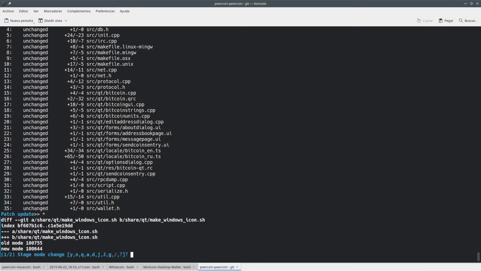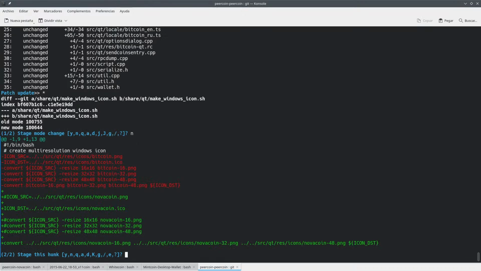Here there are some stupid changes, like here you lose this file being executable. You cannot run this anymore here. So these are some changes that should not happen in the first place. What the hell is this? So this is convert. Oh my god. What the hell is this? Yeah, so here